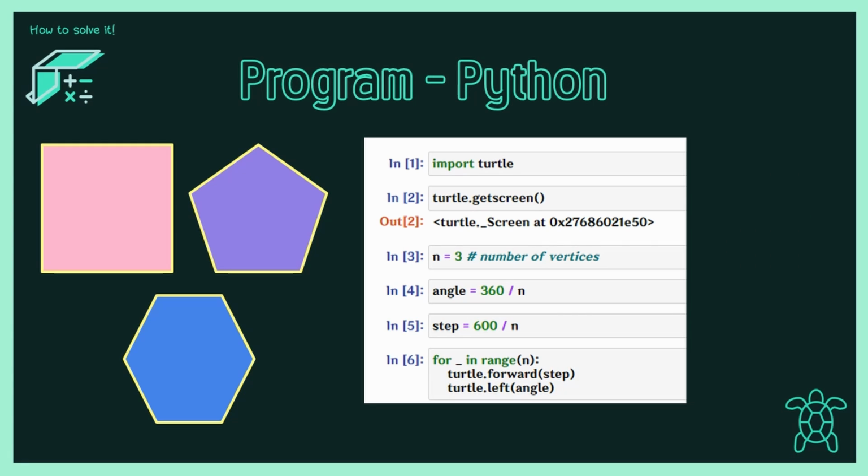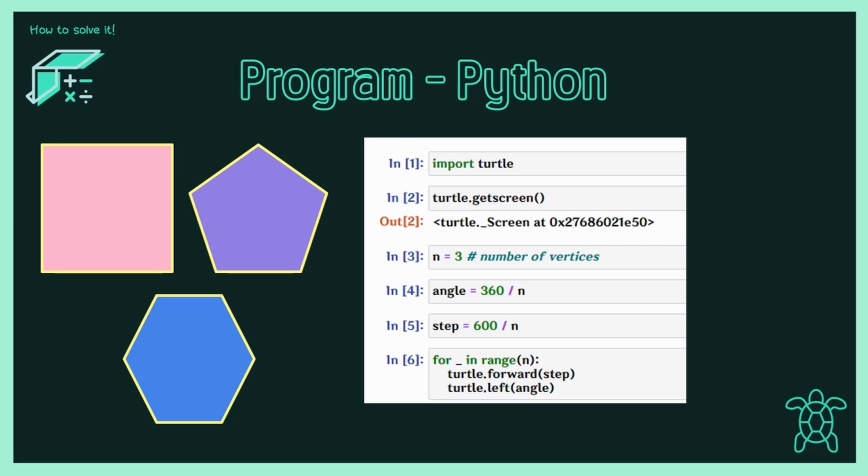So here is the program in Python. In Python, the first step is to import the turtle, and the second step is to get the screen. And after that, I set up the number of vertices as n, and calculate the angle and step size using the formula 360 divided by n and 600 divided by n. After that, I put the command to move forward and turn left inside a for loop, and I repeat it n